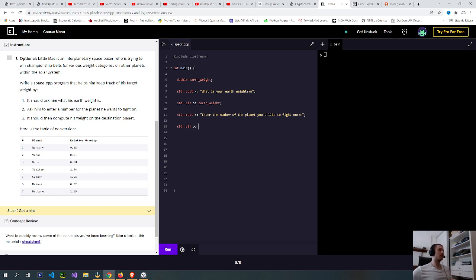So I'm gonna put this double number. I'm not sure if I can declare it on the same line, but if I can't, then it's probably bad practice to declare it on the same thing. And I don't even think it would work. I'm gonna leave it there just to test it.